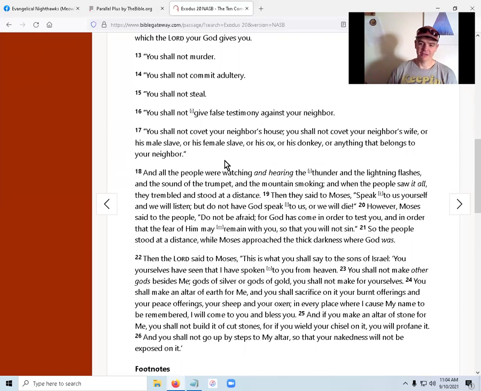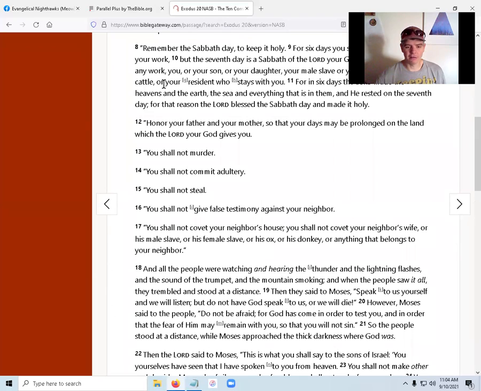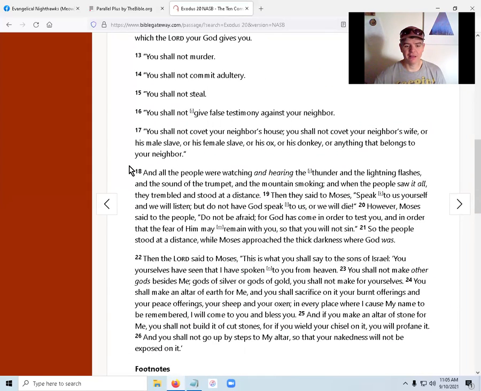Right here, they switch without even telling us from giving us laws, commands, statutes, ordinances, down here into a narrative. It's like, why do they do that? Oh, well, there's verse 17 and 18. Remember, when Moses or Moses's students wrote this,